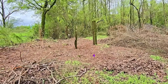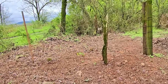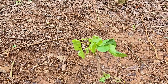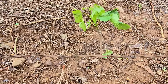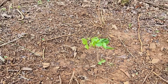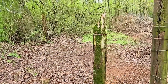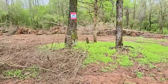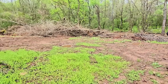Yeah, let's go check on the grapevine real quick. Looking good. We got some new leaves on it, and it's got a little bowl around it so it can gather up some water. I don't know if you can really tell that in the picture. But so far it looks good. I don't see any standing water anywhere. There's a couple puddles,